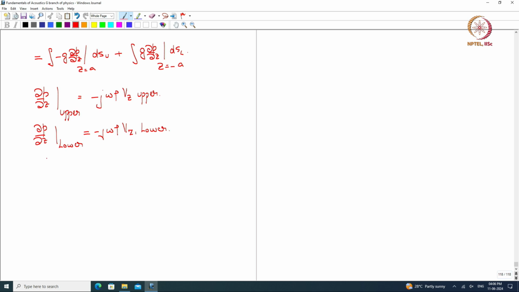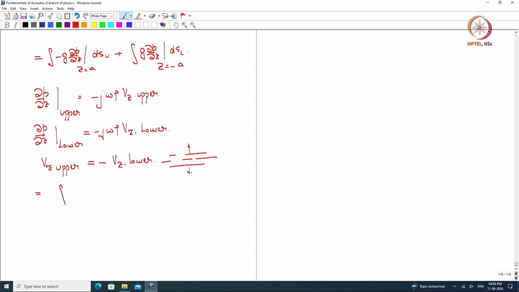Okay. But if we take V Z upper to be positive, it is the negative of V Z lower. Because the two planes are vibrating symmetrically with respect to this imaginary plane. It goes up, this goes down. Okay. And therefore what happens is that I have